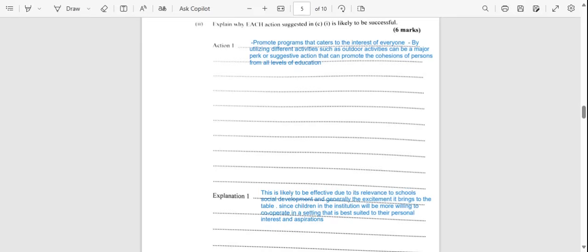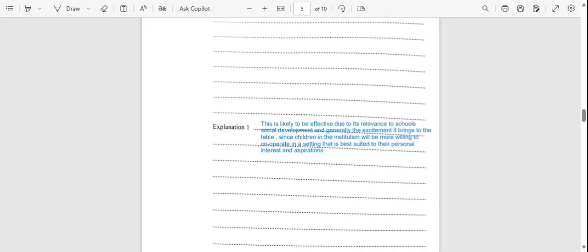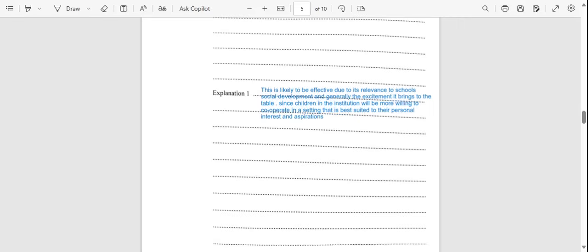Everybody's interested in sports. This is likely to be effective due to its relevance to schools, social development, and generally the excitement it brings to the table. Since everybody will want to do it, we have to find some sport or activity that will cater for the needs and desires, and most of all, the fun of everyone within the group. Something that everyone likes, like probably playing soccer, playing cricket. It depends on your cultural diversity. Moving on,